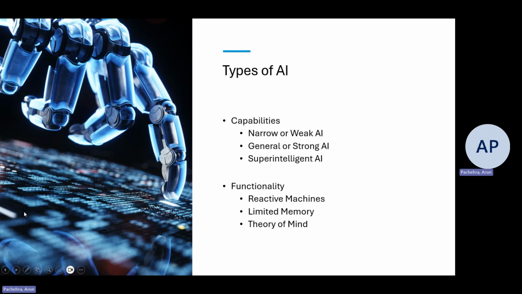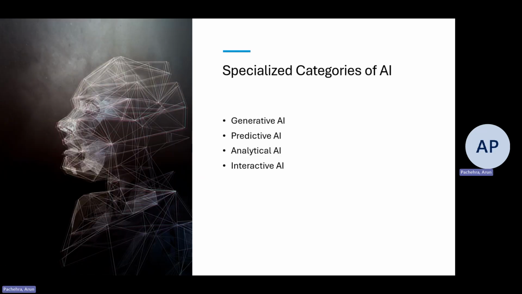And limited memory was where AI can make informed or improved decisions by studying the past data collected for a short period, right? So this one, analytical one, is the combination of both,